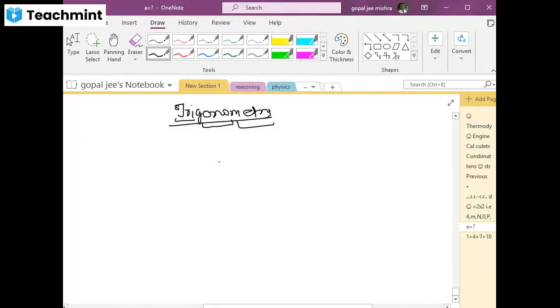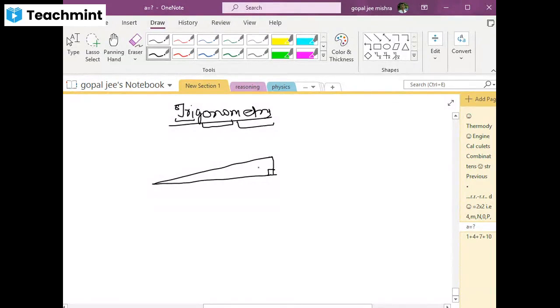But what is our syllabus restricted to? Our syllabus is restricted to only right angled triangles. In your class 10th syllabus, you are restricted to right angled triangles. Now let us understand, beta, what a right angled triangle is. If you observe a triangle in which one angle is 90 degrees, that triangle is termed a right angle triangle. Are you getting my point, beta?